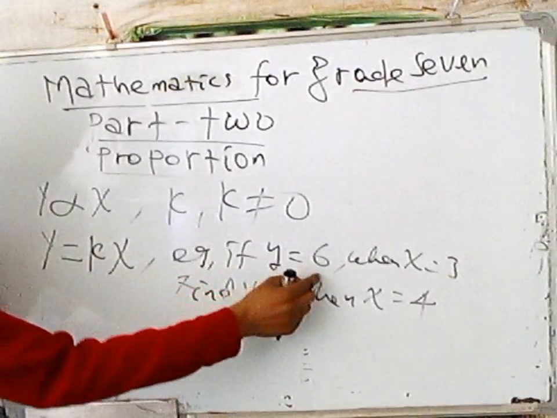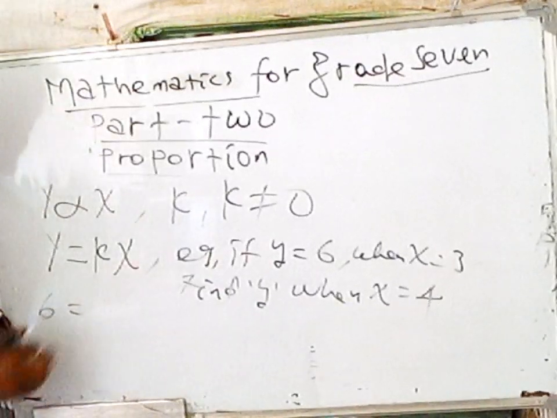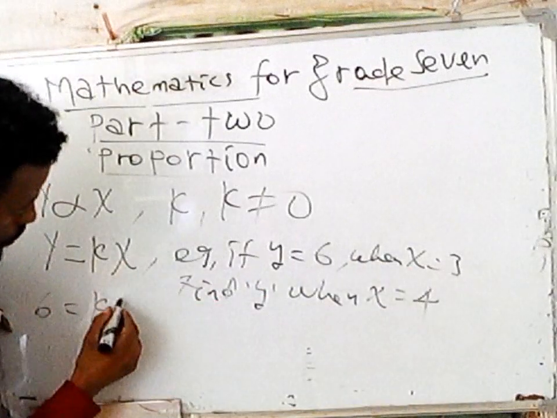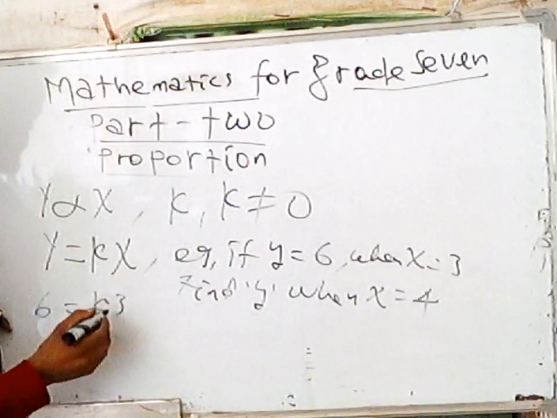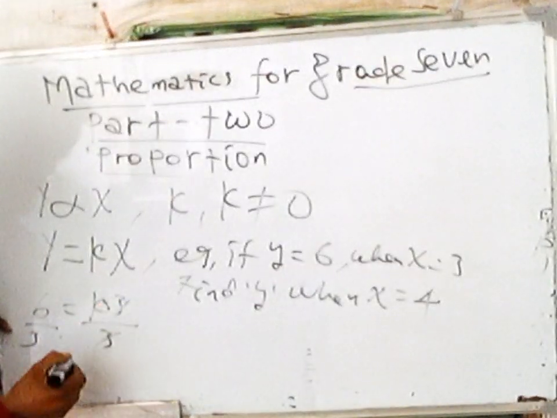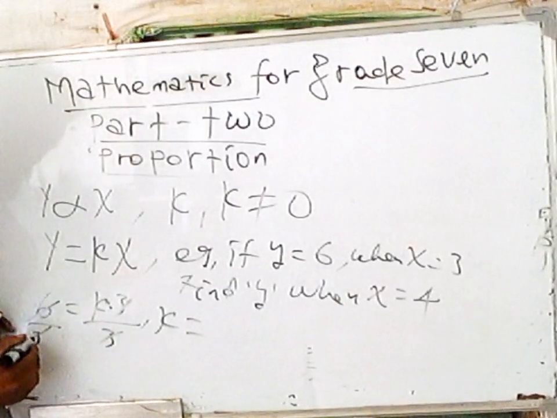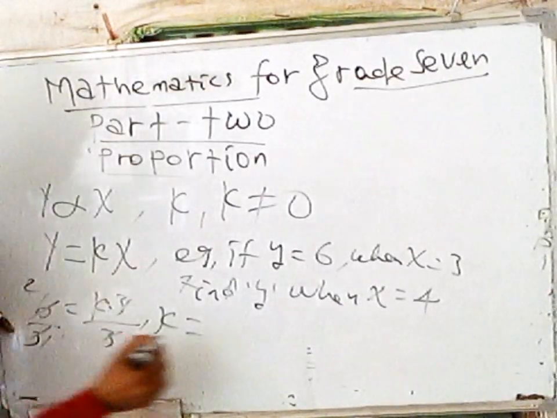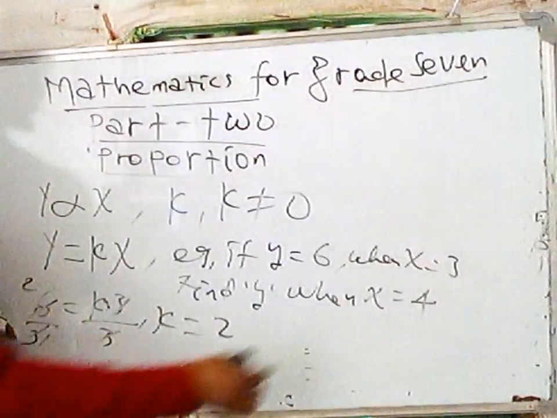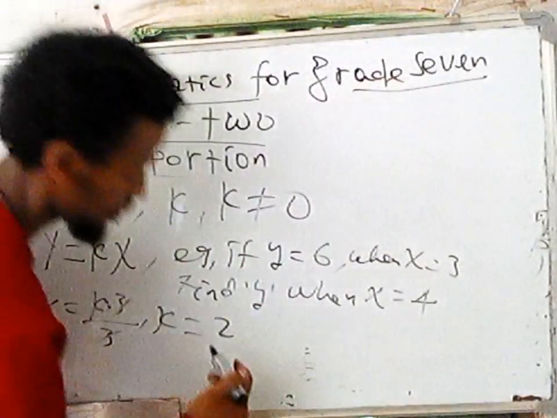That means y ስንት ተሰጥቶኛል? 6 አስገባለሁ እዚህ ጋር 6 is equal to what? k አላውቀውም። k multiplied by x ስንት ነው? 3. Then both sides divided by what? 3. Then what's left here is k is equal to what? 2 by 3, 2. k ስንት ነች? 2 ነች። ኮንስታንቷ 2 ነች።